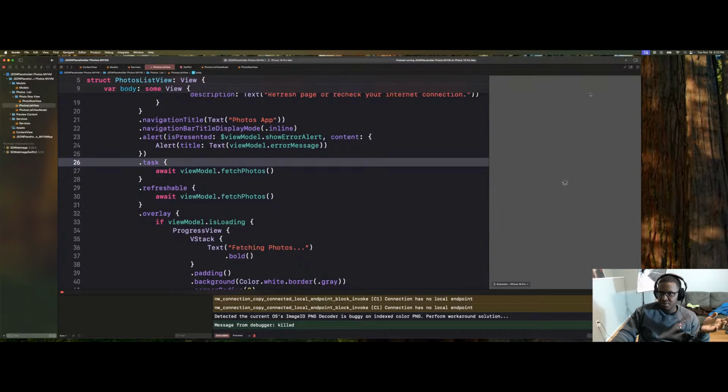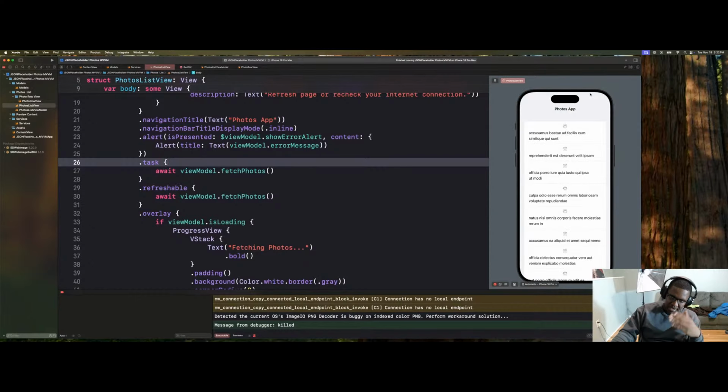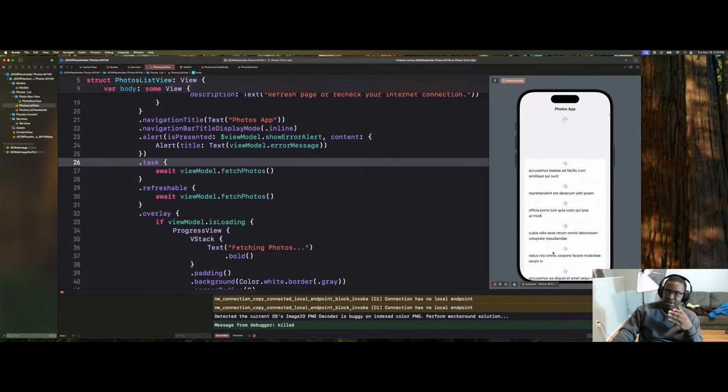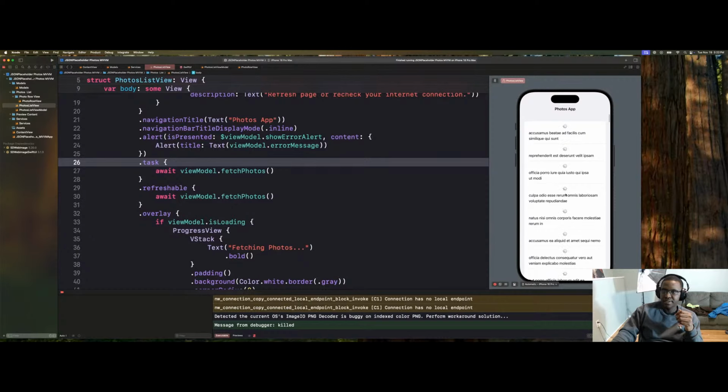as the preview loads, what we're going to be able to do now is just do a pull to refresh, and that's going to make another API call to get that data. So as you see where it's dragging, you see that spinner at the top. And if I let it go, the API call was remade again. And you even see the fetching photos